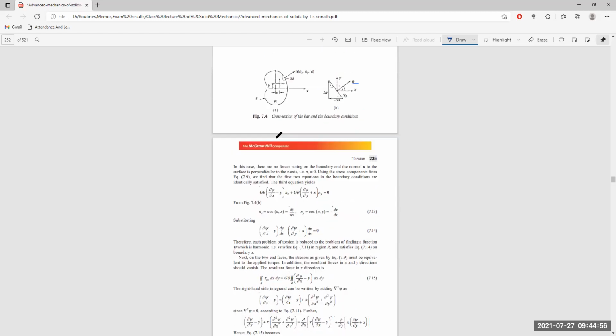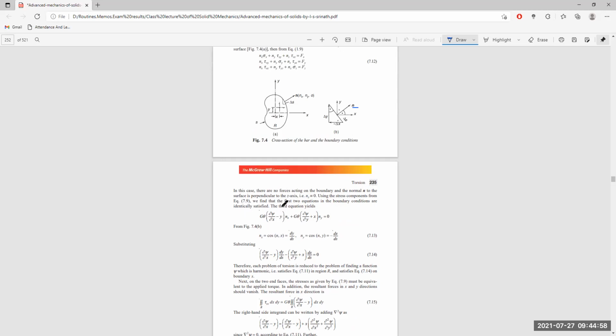And from figure 7.4b, nx, which is equal to cos of nx, is dy by ds, and ny is minus dx by ds. So substituting the values of nx and ny, dy by ds and dx by ds here, therefore, each problem of torsion